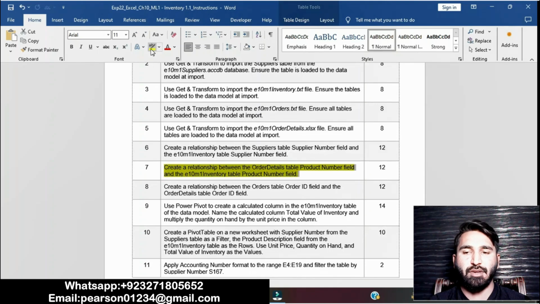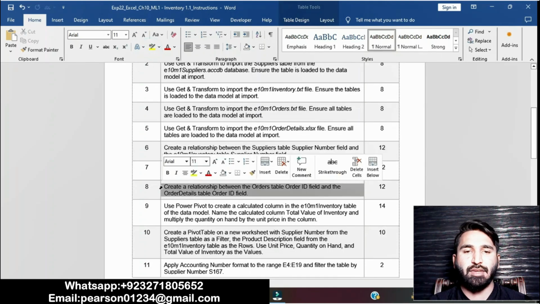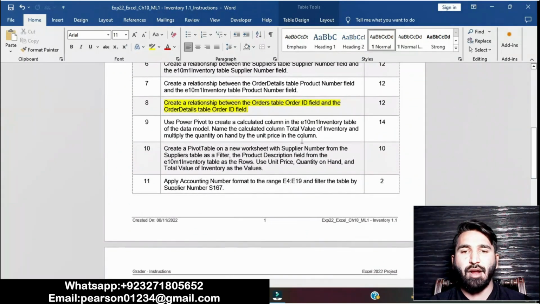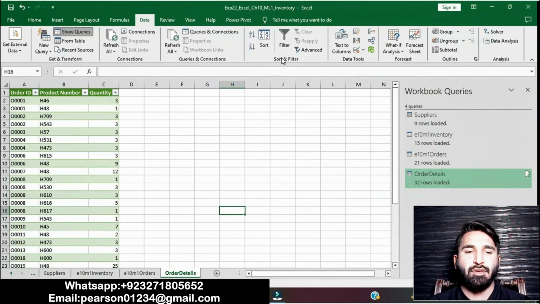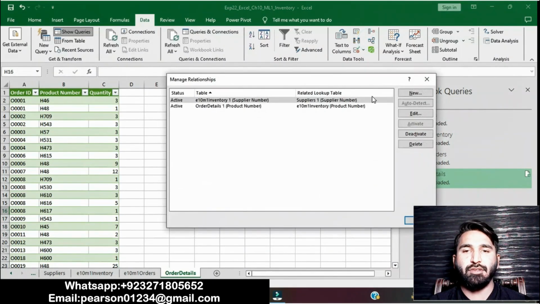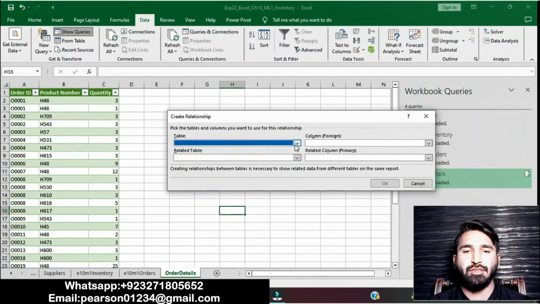Now moving on to question number 8. Question number 8 is to create a relationship between the orders table's order ID field and the order details table's order ID field. Basically, in this question we have to create a relationship between these fields. Go to the order details sheet, go to Data and go to Relationships. The new relationship is that